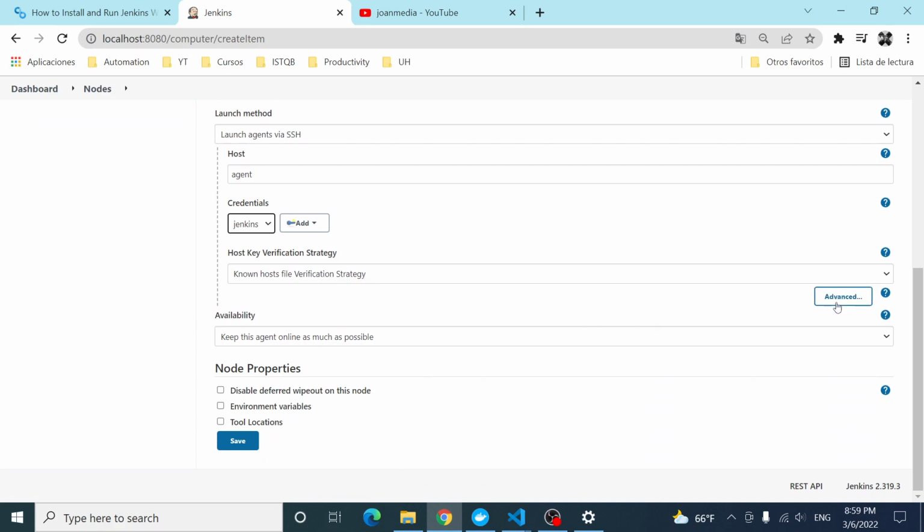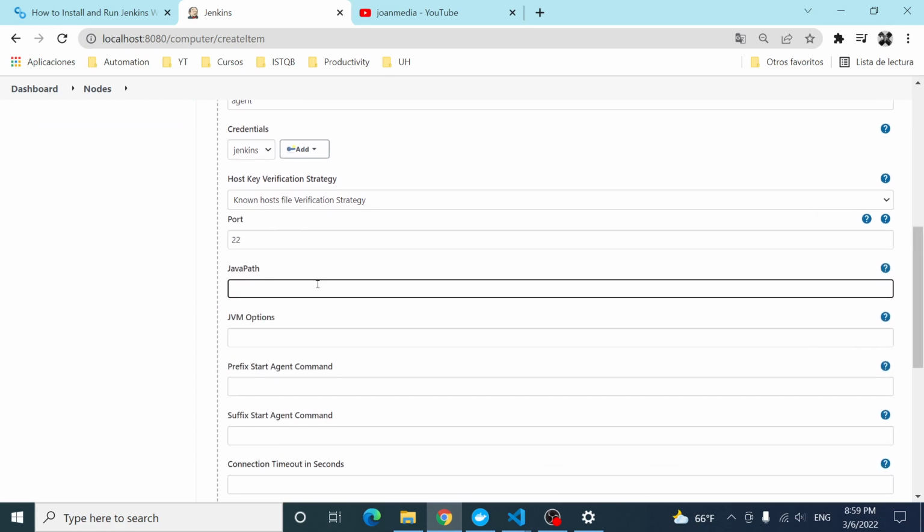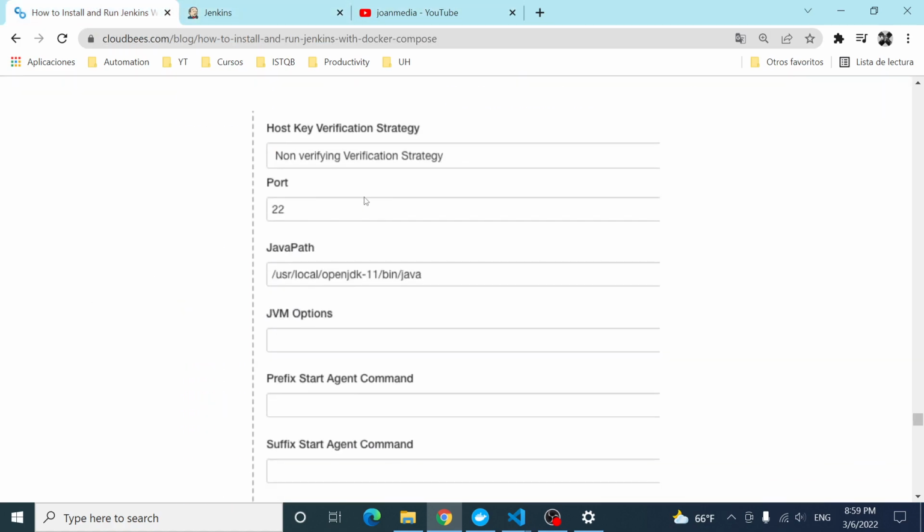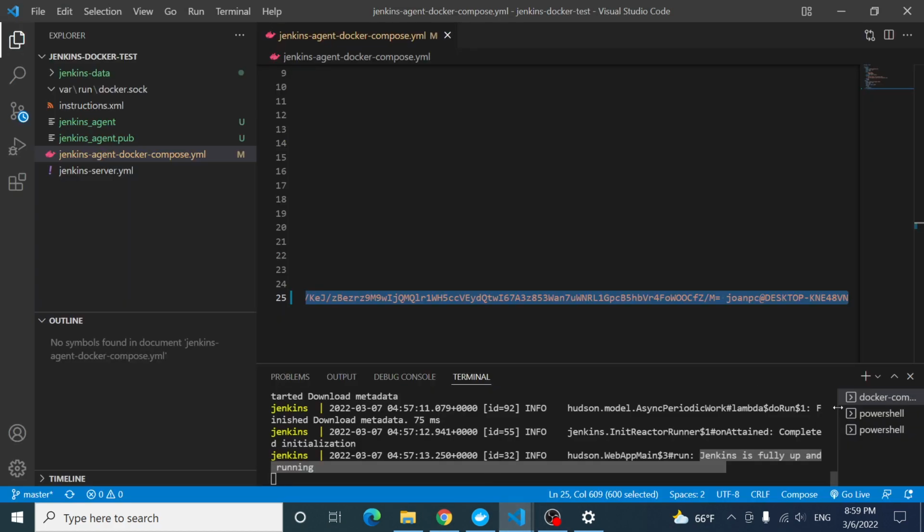And also we have to click on advanced, because we need to set the Java path. And this is the part that I wanted to explain to you, because it is not working as they say in the documentation. Let me show you this. They are saying that the Java path is under /usr/local/openjdk-11. If I go right to the